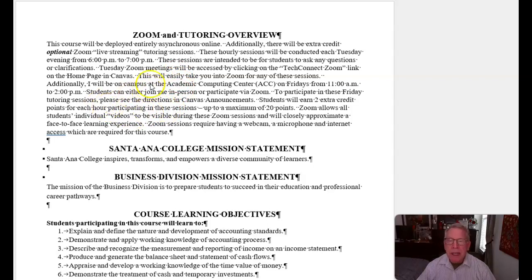Additionally, I'm going to be physically on campus at the Academic Computing Center from 11 o'clock to 2 o'clock on Fridays. And you can join me in person or participate, as most students do, via Zoom. To participate, I will publish directions in Canvas announcements as to how to do that.